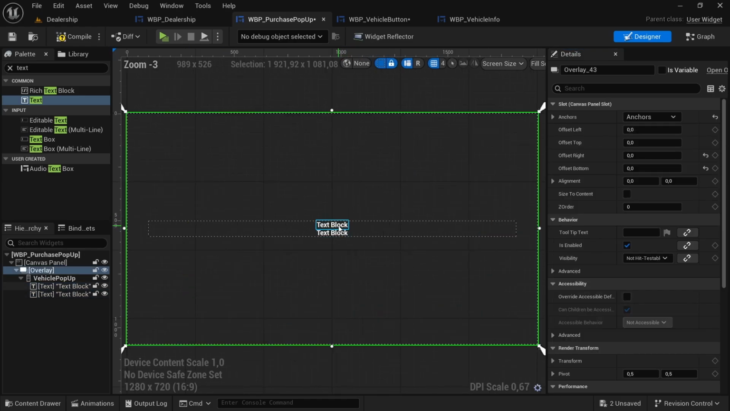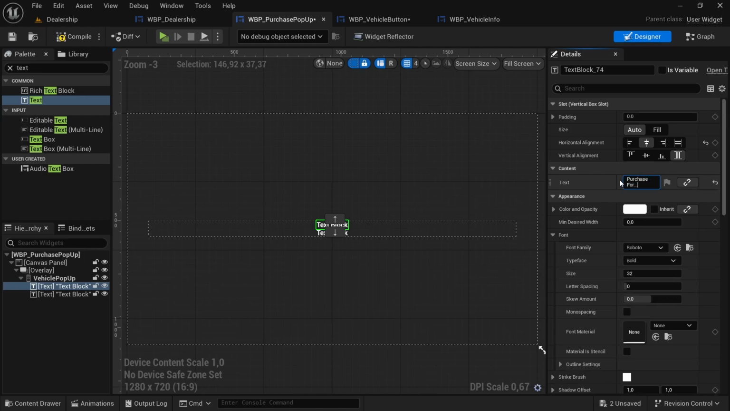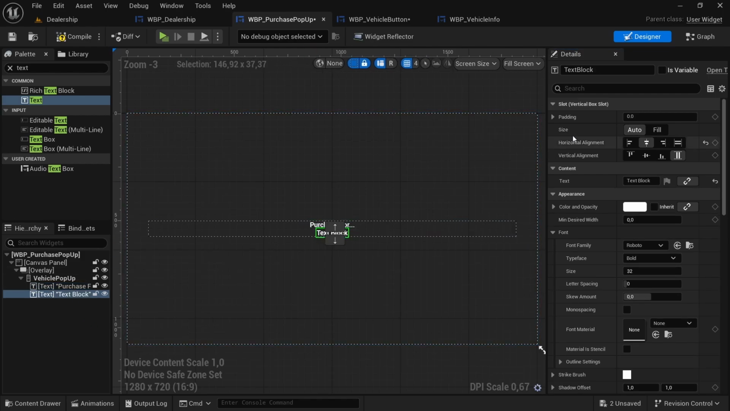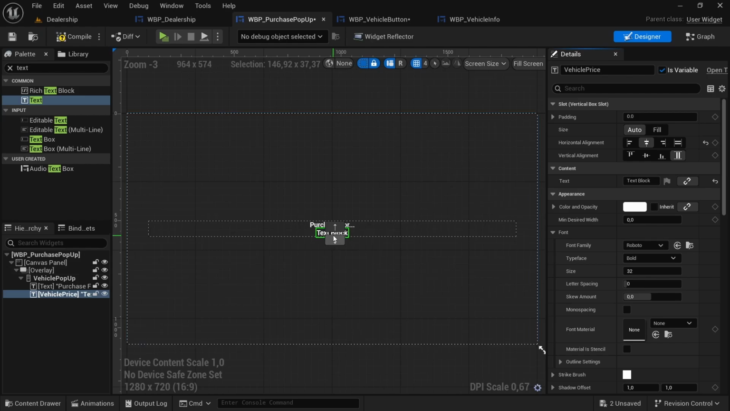And then the top text, change the text to "Purchase for...", and then the text at the bottom, we are going to also set this to is variable, and then we're going to change the name to vehicle price. So this text block is going to change dynamically based on the vehicle that has been selected. So whenever you click the button, this pop-up will then show up, and then it will say purchase for,